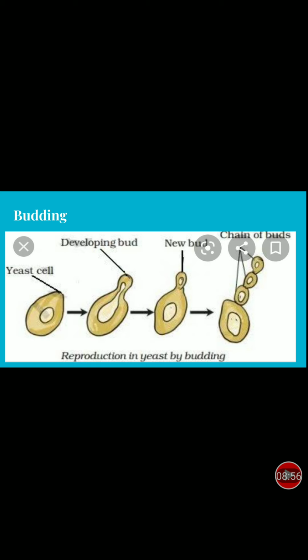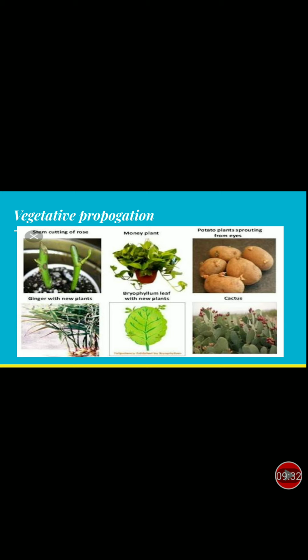Roots of some plants can also give rise to new plants. Roots like sweet potato, then dahlia, carrot, beetroot, then radish. Okay. Now plants such as cacti, cactus plant, cactus singular, cacti plural, produce new plants when their parts get detached from the main plant body. Now you can see here bryophyllum. Okay, each detached part can grow into a new plant.